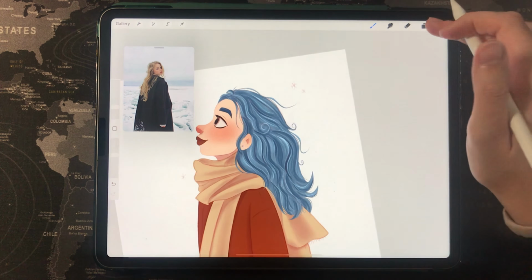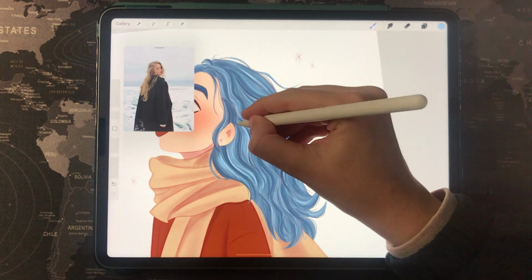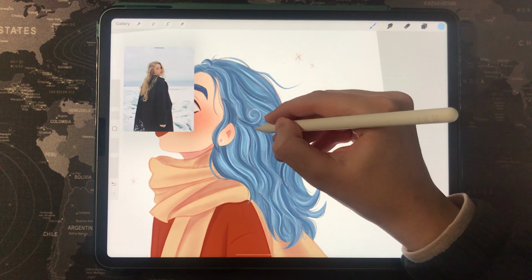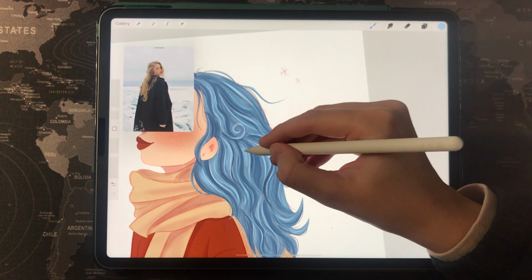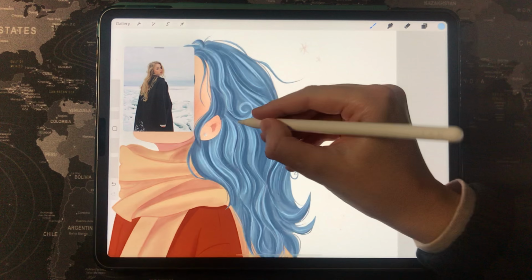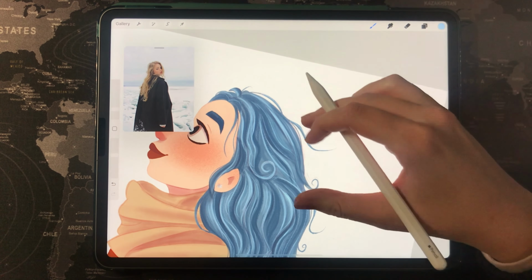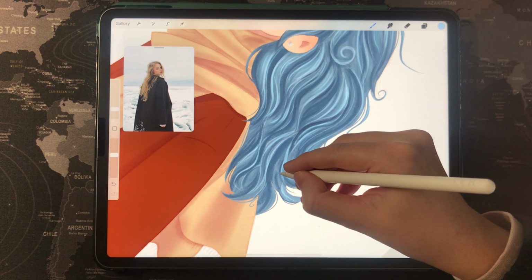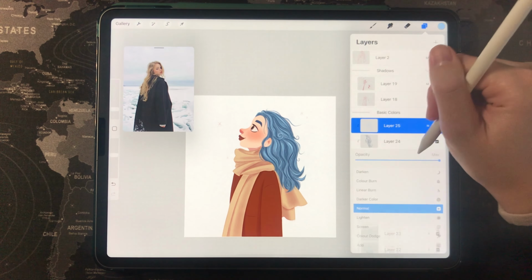So as I've said, hair always takes me the longest, and I add more dark parts, more light parts, just to blend everything in and create more color variation. So it's not like I just add shadows and lights to the hair. It doesn't work like that, unfortunately. I have to refine it a lot and it takes a while.